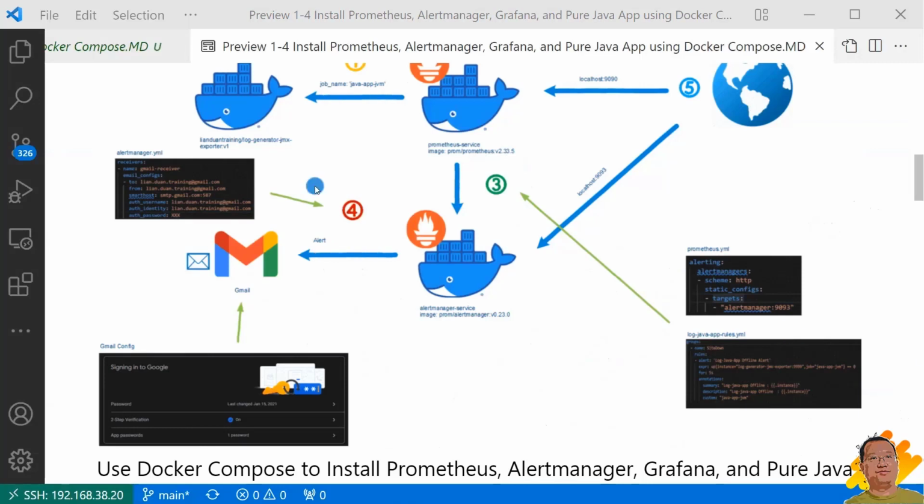Step 4. The Alertmanager handles alerts sent by the Prometheus server. It takes care of deduplicating, grouping, silencing, and routing them to the correct receiver, such as email, PagerDuty, and Slack, etc. We'll go deeper into the Alertmanager in the next video. Alertmanager has email SMTP configuration in the alertmanager.yaml file. If you use Gmail as an SMTP service, please turn on the two-step verification and add an app password,